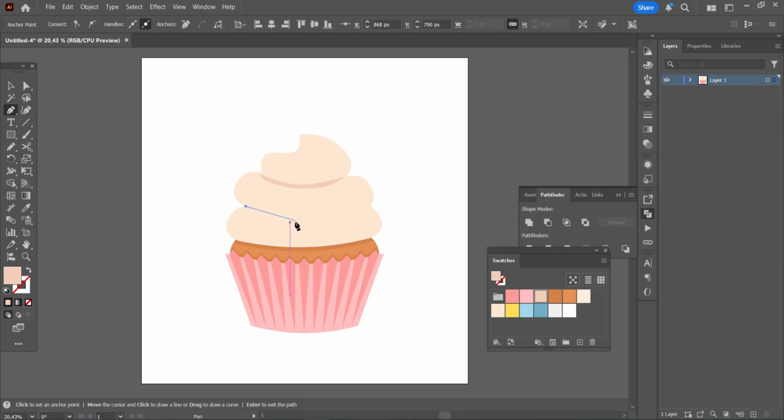Add another shadow here as well. Now draw some lighter areas.